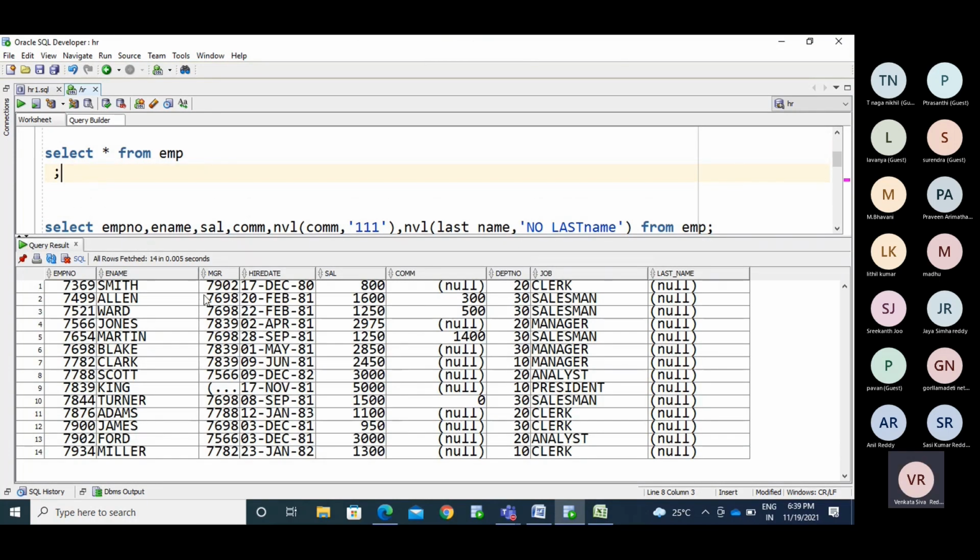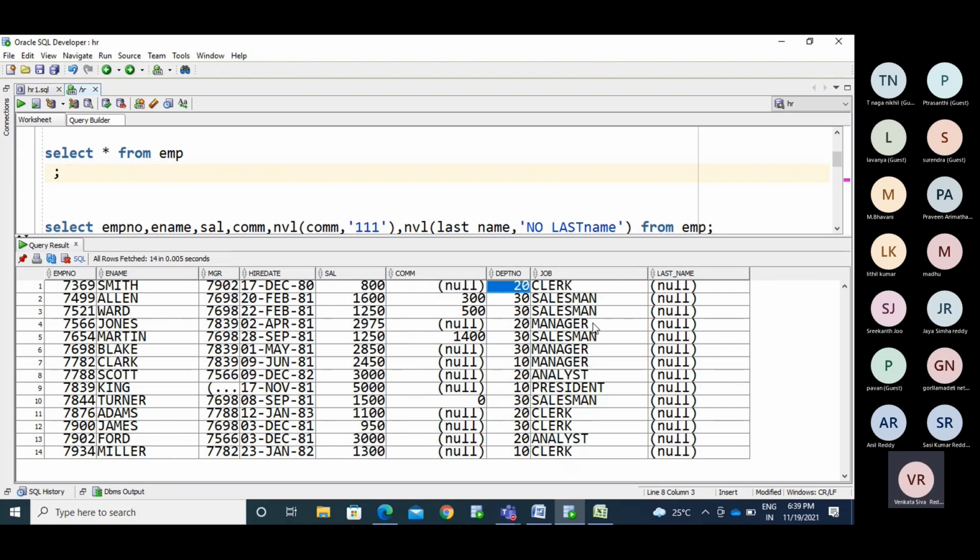We have the employee information here. If the employee is related to the 20th department, make the last name show as related to 20th; 30 related to 30th; 10 related to 10.